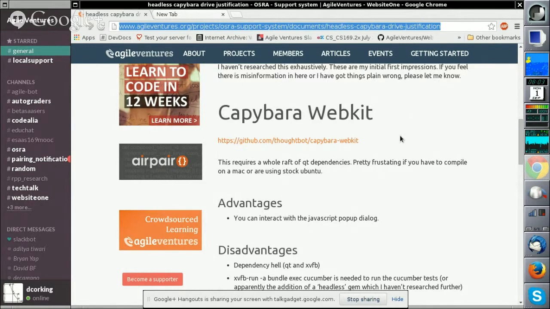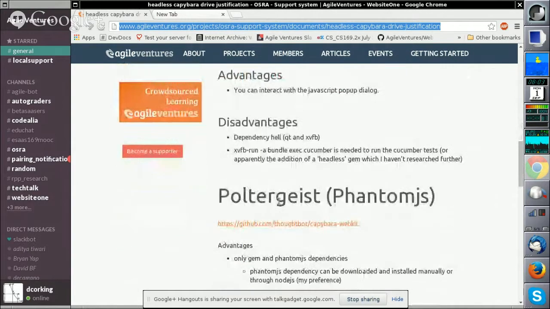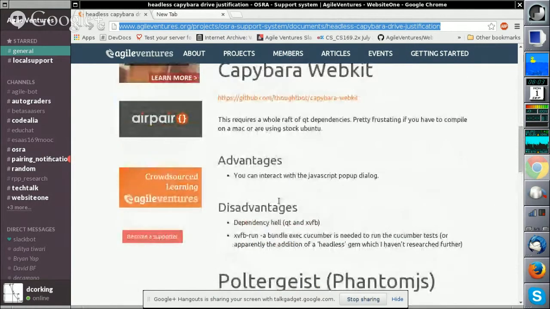But first of all, it has to download all of KDE, as you said. Yeah. And then it has to download a web browser, which I can't remember what it is, but it's a headless web browser. Then it's big,